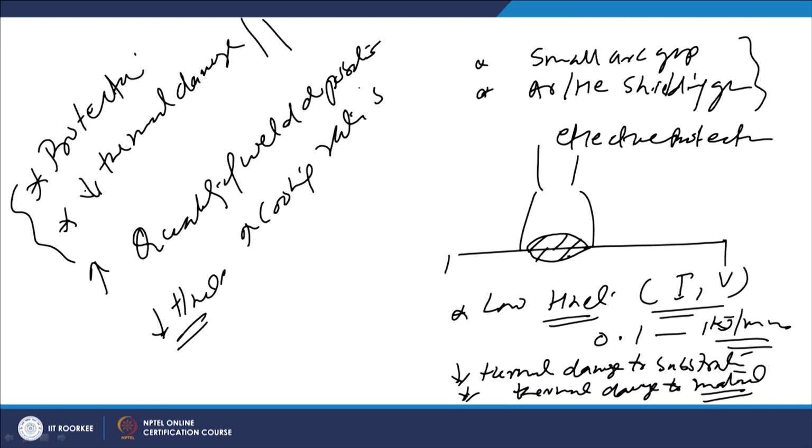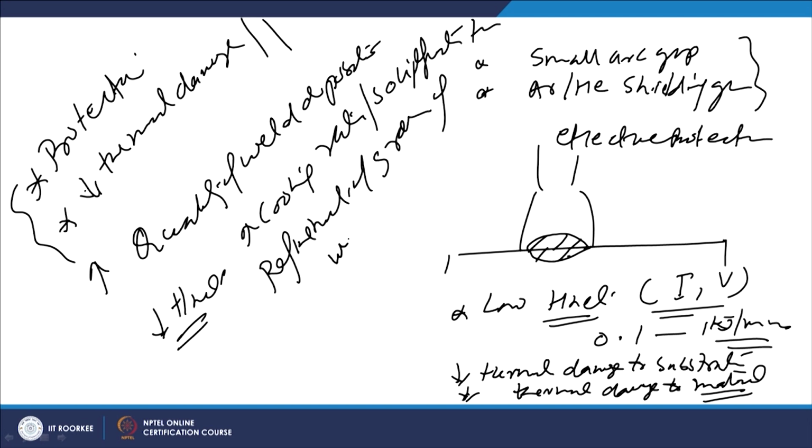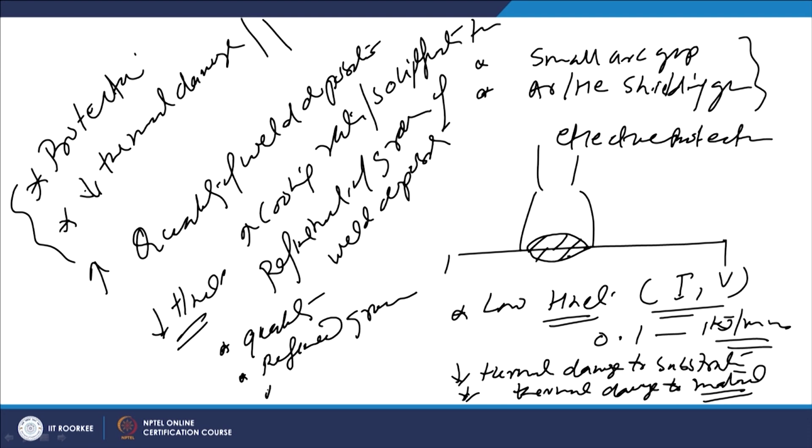So, solidification time is reduced, and which in turn helps in refinement of the grain structure of the weld deposits which are made, and this kind of the refinement, so improved quality in terms of the absence of the inclusions and the very refined grain structure, very less thermal damage, reduced thermal damage